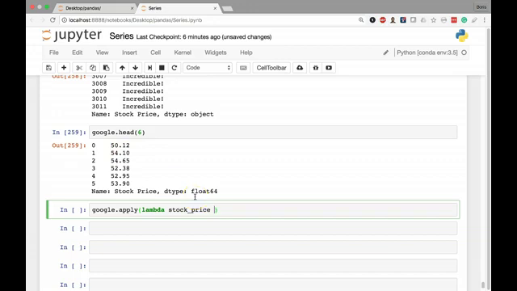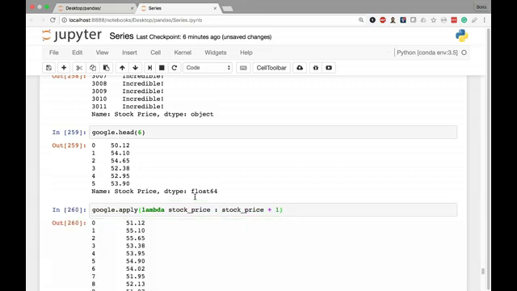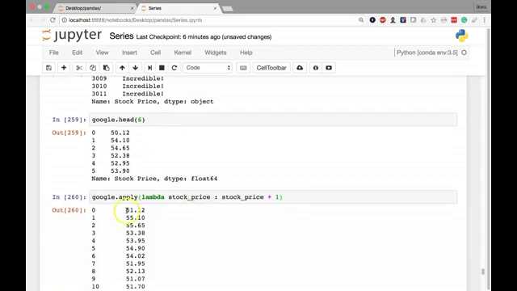Next, I'm going to place a colon, and after the colon, I define what I want to do with each stock price, and I don't actually have to write the return keyword. So what I'm going to do is just write stock price, which represents each one of my values one by one, and I want to add 1 to each value as we loop through the values in my Google series. So now we can see we're going to get 51.12 instead of 50.12, and so on for every value within